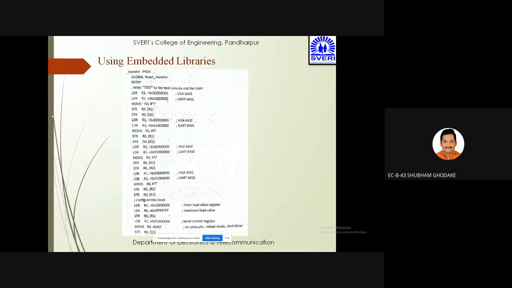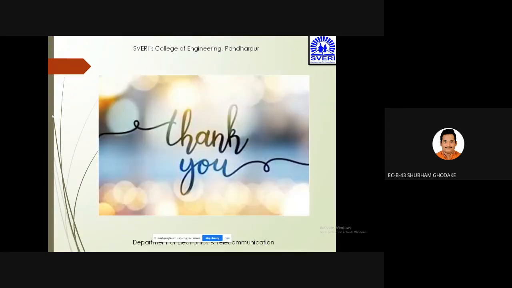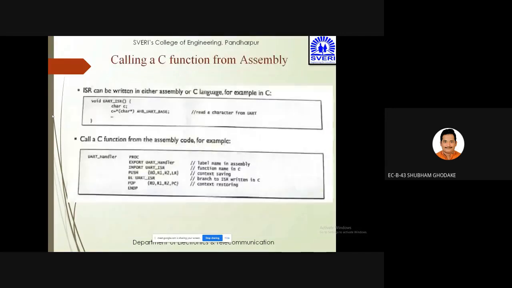और उसके बाद कॉन्फ़िगर किया टाइमर को, दैट इज R1 टाइमर लोड वैल्यू रजिस्टर, R0 इक्वल टू उसकी मैक्सिमम वैल्यू लोड की डाल दी, और उसमें हमने टाइमर कंट्रोल रजिस्टर R1 इक्वल टू वो वैल्यू डाल दी, और उसके बाद में मूव किया सेट प्री स्केलर रीलोड मोड एंड स्टार्ट टाइमर को। So it's in this way what we are going to do is that using the embedded libraries we are also going to write the program for storing this, moving this TEST values and test the console with the help of UART. So in this way we have seen it. So we'll again revise it.